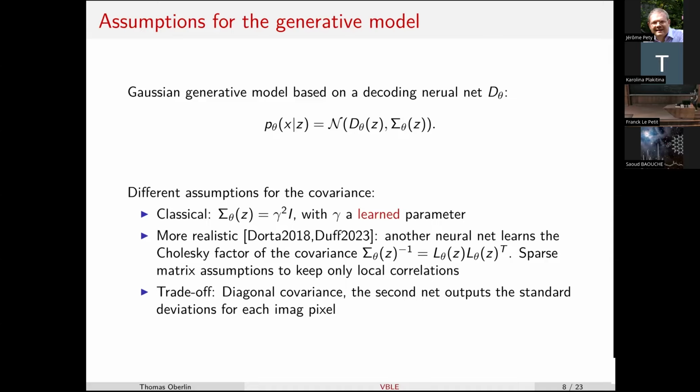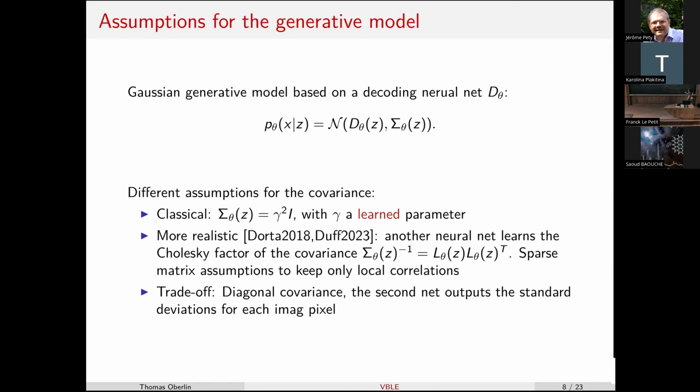Most of the time, the covariance is parameterized by a single scalar, gamma. In some works, gamma is even fixed, which is a very bad idea, because you end up with a posterior collapse and you don't have a good generative model. But it's also possible to learn gamma along with the other parameters of the neural networks.